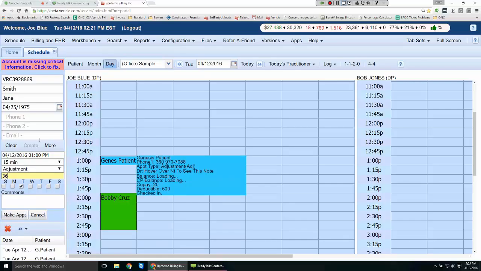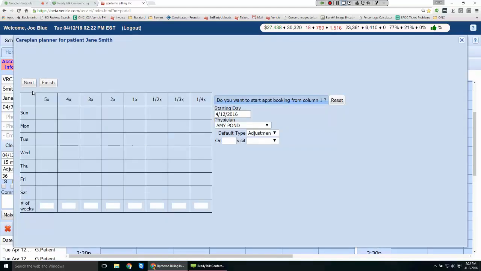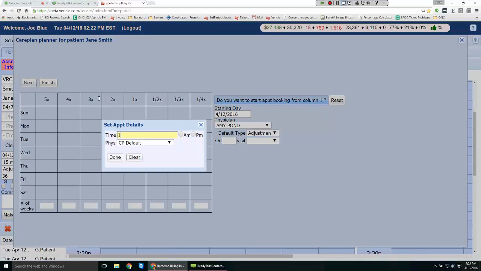All those appointments are scheduled at Tuesday at 1 o'clock. What I do find many of our practices using instead is make care plans. What this does is it allows you to set up in one page the entire care plan or just a portion of it if you don't want to schedule all of it at once. What you can do is use this kind of grid to plan out the days the patient's coming in and what time. So, let's say at first they're going to come in Mondays at 1 o'clock